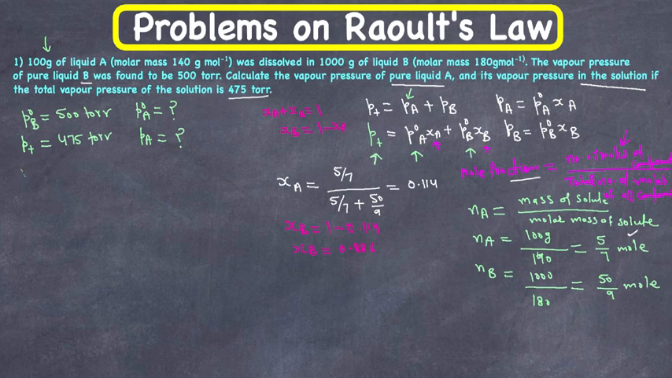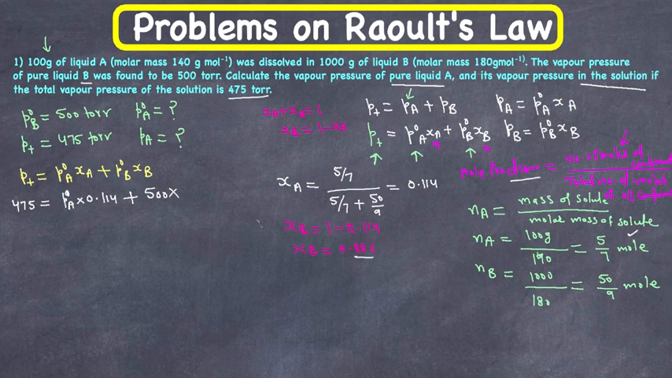So we have PT, the total vapor pressure, equal to P naught A XA plus P naught B XB. Now let's plug in all the values. PT is 475 torr, that is given, equal to P naught A, which is what we are trying to find, unknown, multiplied by XA, which is 0.114, plus P naught B, which they gave us in the problem, 500 torr, multiplied by XB,